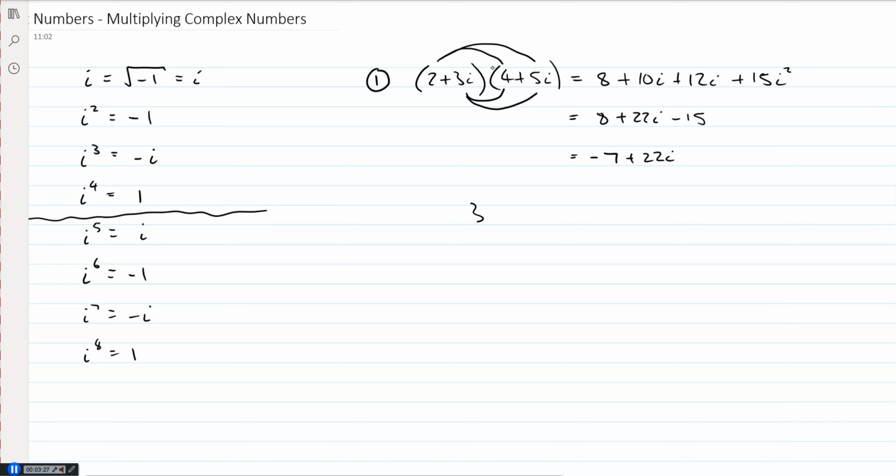So here, you want to get good at multiplying i by another i. So this is 15i squared, 15 times -1. You should be able to go straight to -15 after some practice. But don't be afraid to write in the powers of i at least to start with, until you're comfortable doing that. Okay, so that was part A, wasn't it? So 1A, 1B